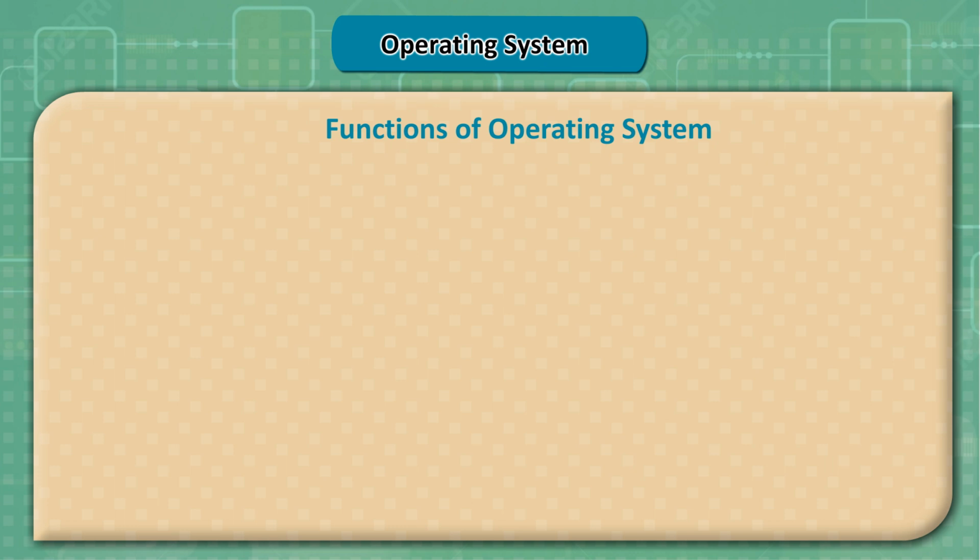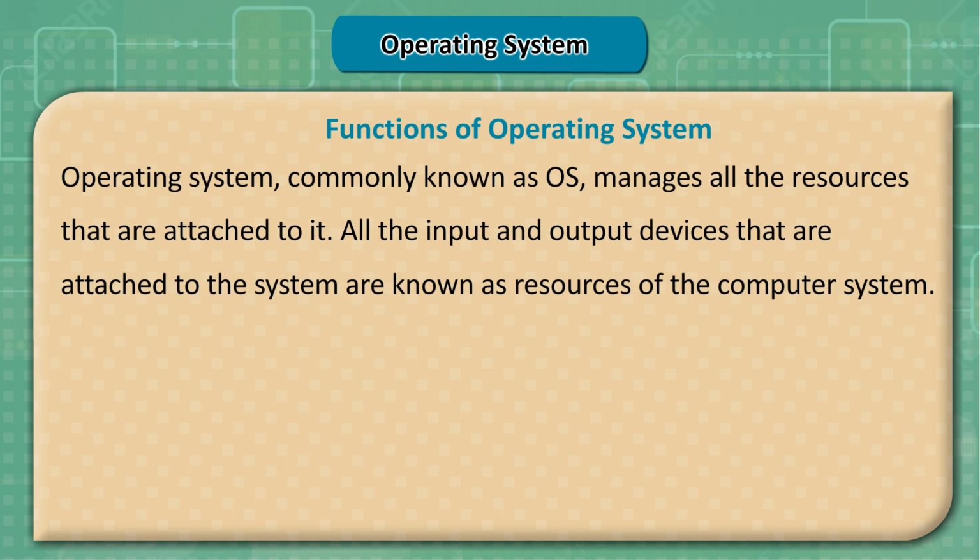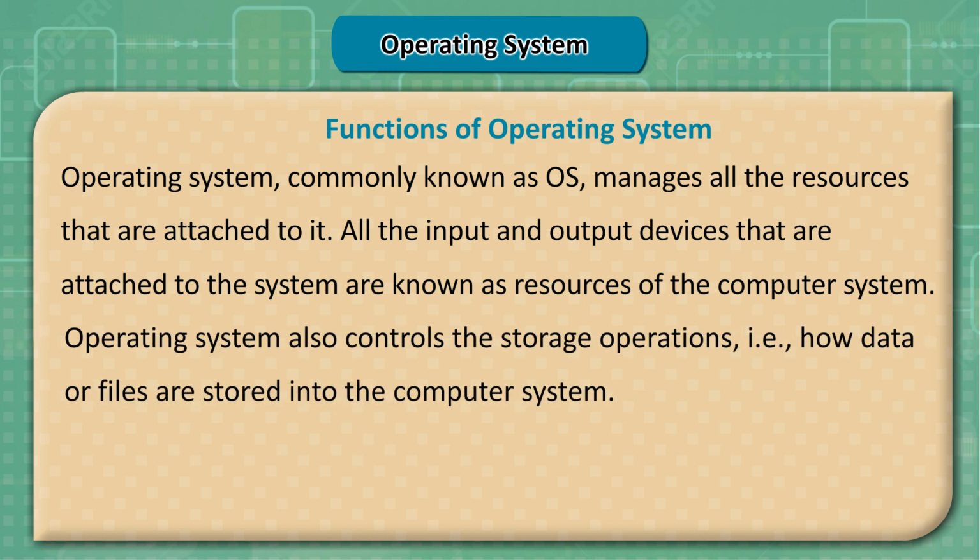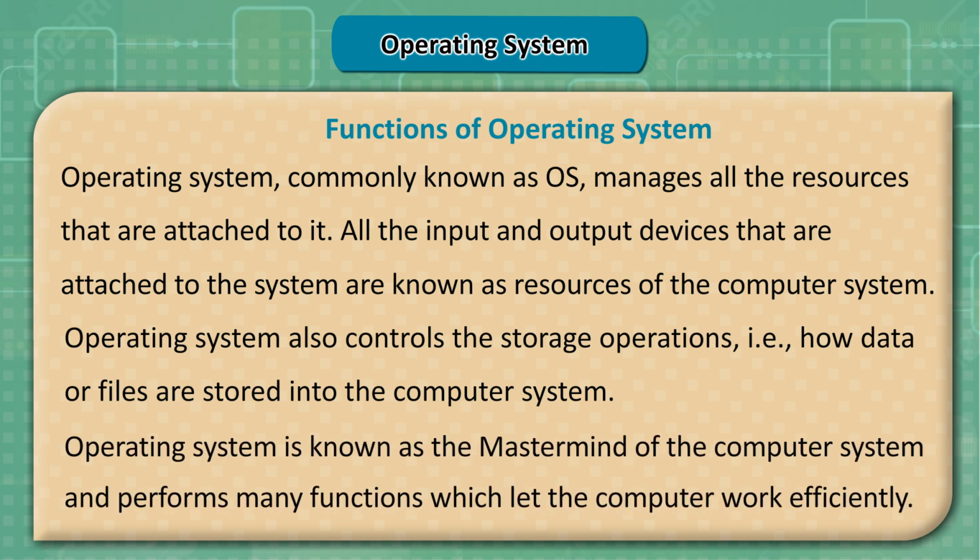Functions of operating system. Operating system, commonly known as OS, manages all the resources that are attached to it. All the input and output devices that are attached to the system are known as resources of the computer system. Operating system also controls the storage operations, i.e., how data or files are stored in the computer system. Operating system is known as the mastermind of the computer system and performs many functions which let the computer work